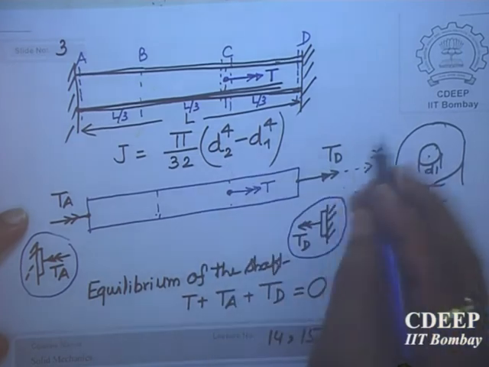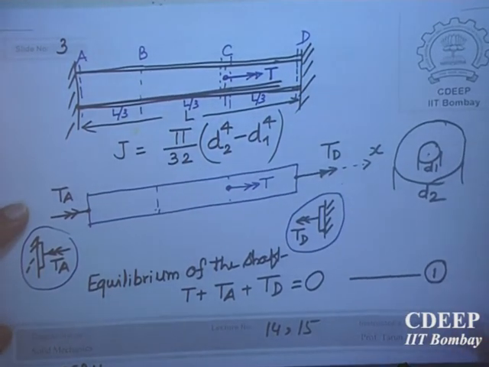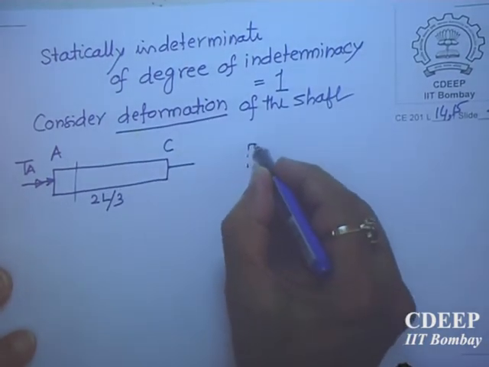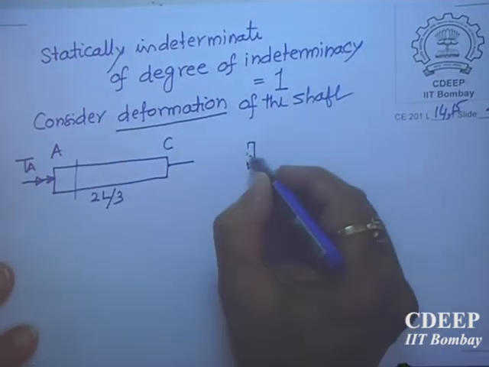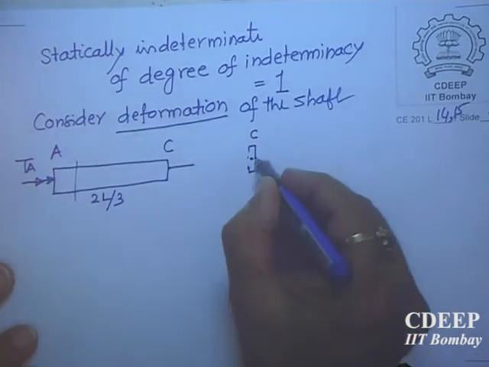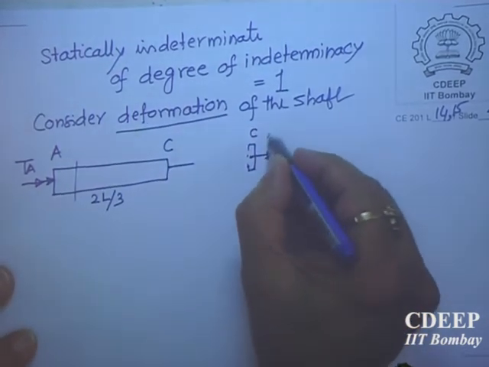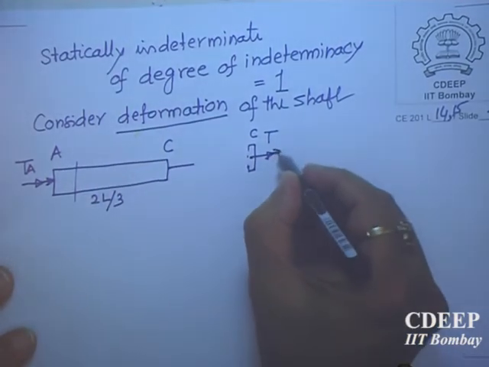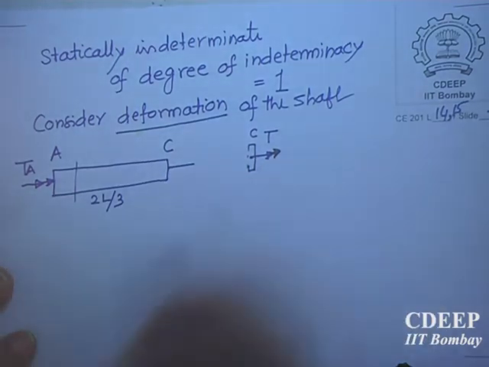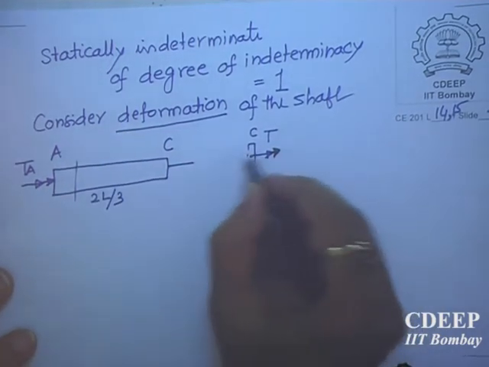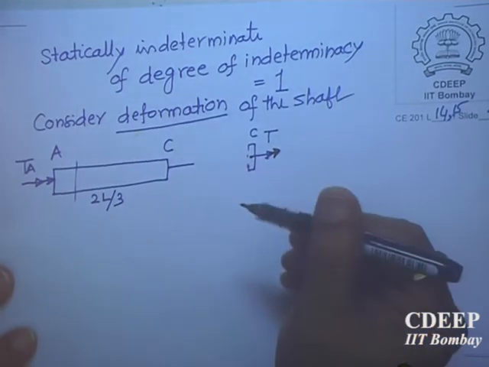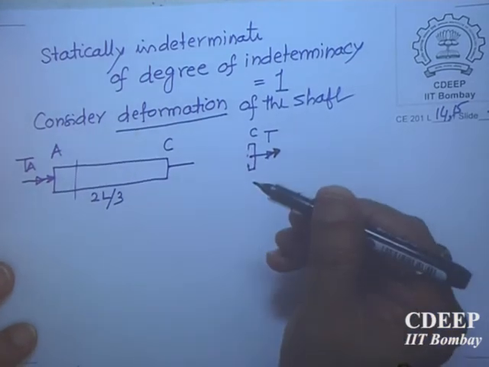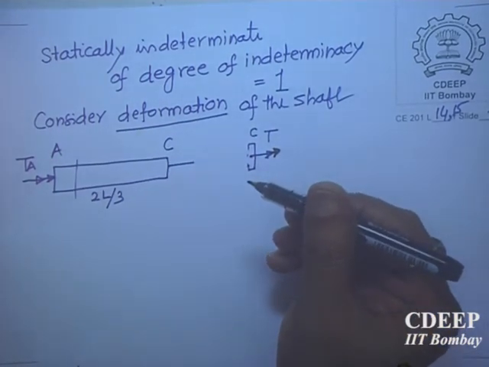So at C you have cut on either side. C is in the center, and at C you have T. Is it okay at C? Then on this side of C, what will be